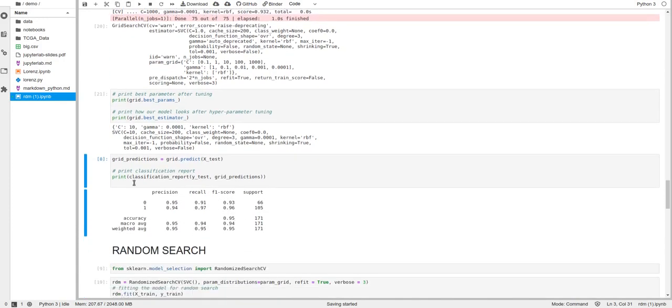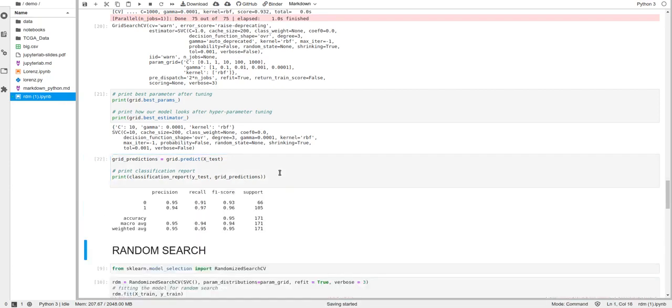Right. Now if we want to classify and find the accuracy score for this, we will test our model and classify the prediction values.